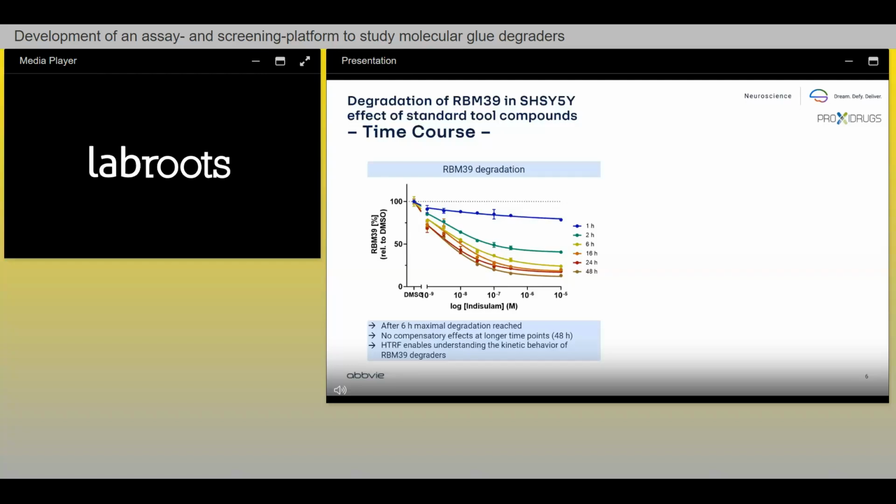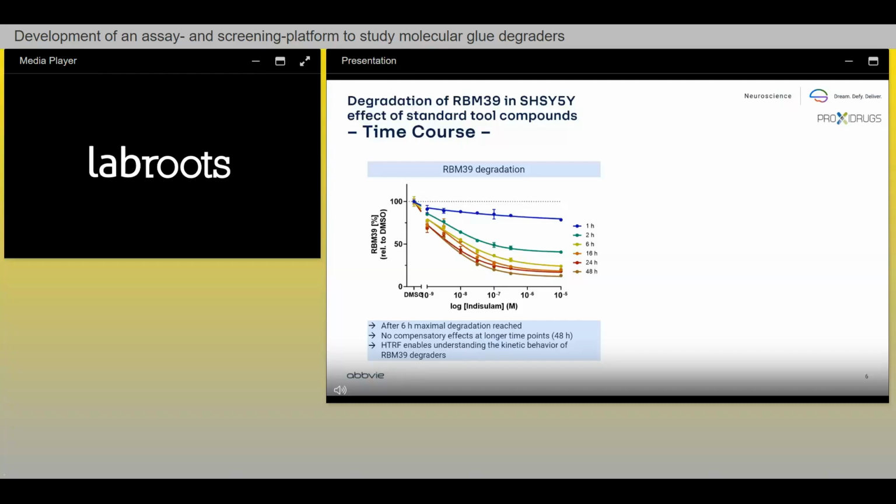So we ran a time course, which started at 1 hour, 2 hours, and went on over 6, 18, 24, and 48 hours. And what we can clearly see is that we already reach a maximal degradation after around 6 hours. And also at longer time points, if you have a look at the brownish line, which represents 48 hours, there's no compensatory effect at longer time points, which means the cell does not counteract the degradation of RBM39 at that point in time,